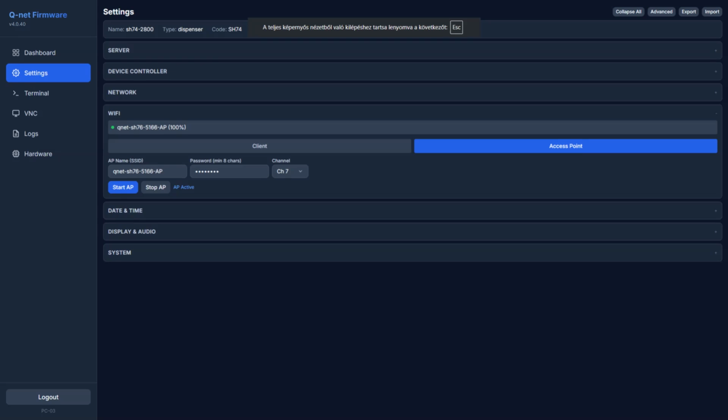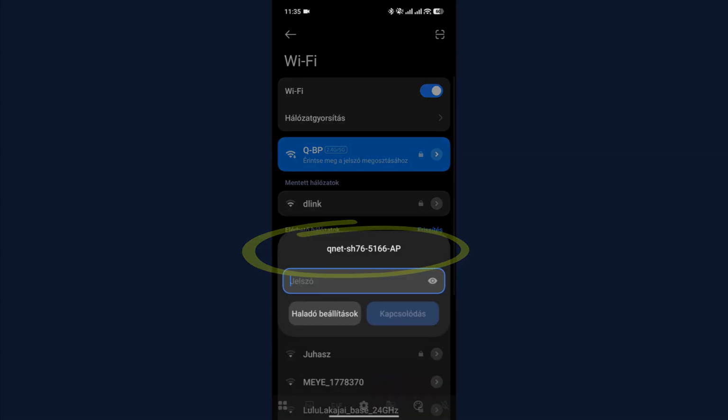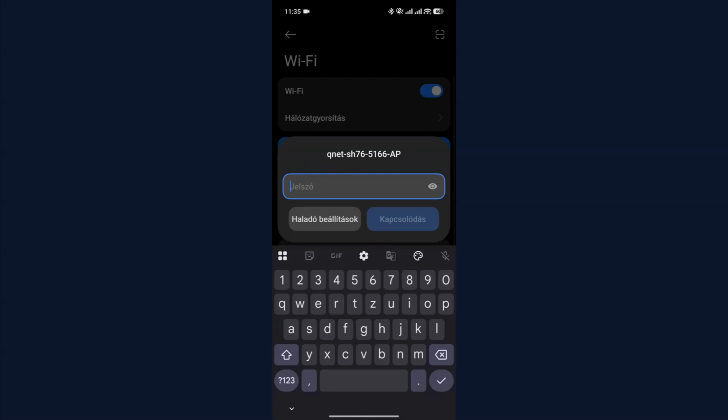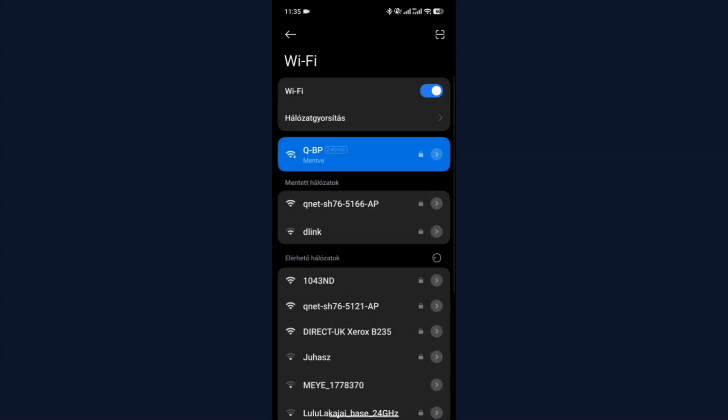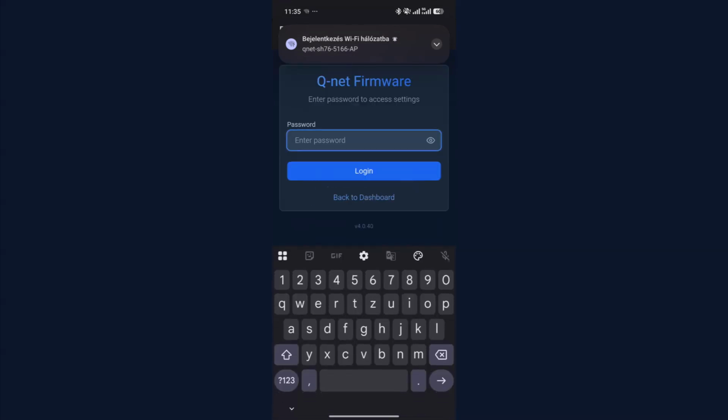Wi-Fi access point. If the device does not have a valid IP address, the built-in Wi-Fi access point can also be used for configuration. On a smartphone or laptop, look for a Wi-Fi network with a name similar to QNet-SH76-5166-AP. The exact name depends on the device type and its identifier, but the structure will be similar. Connect to this network using the password QNet1234. Since this connection does not provide internet access, your smartphone may require you to confirm that you want to